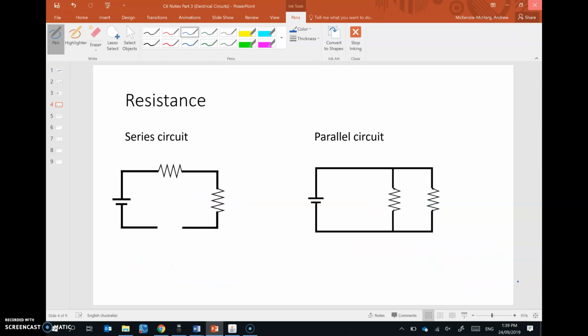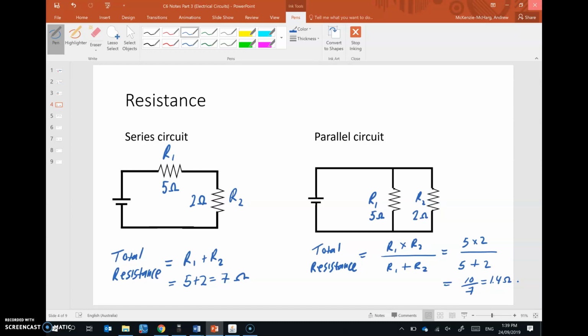So, very interesting, isn't it, that the total resistance of this circuit, 1.4 ohms, is less than